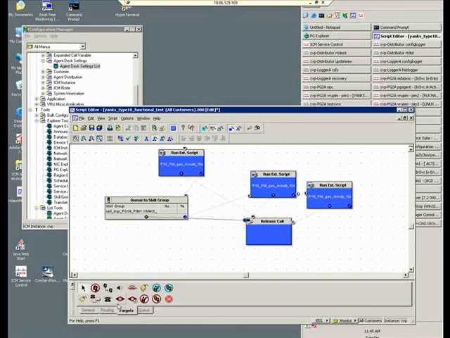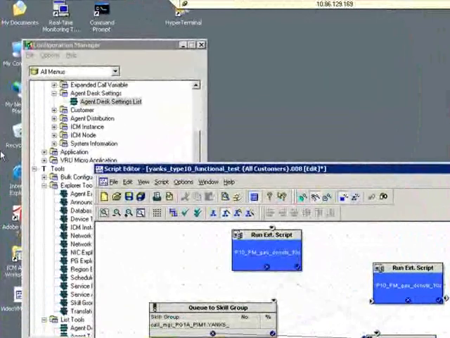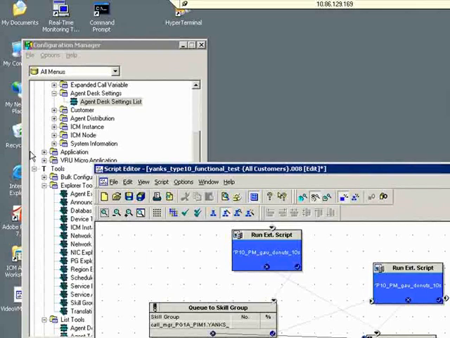In this video, we will focus our attention on configuring the RONA and RONA timers in ICM, Call Manager, and CVP, along with the scripting required to make RONA work successfully. RONA, or Ring No Answer, needs to be set up correctly on ICM, Call Manager, and CVP for it to